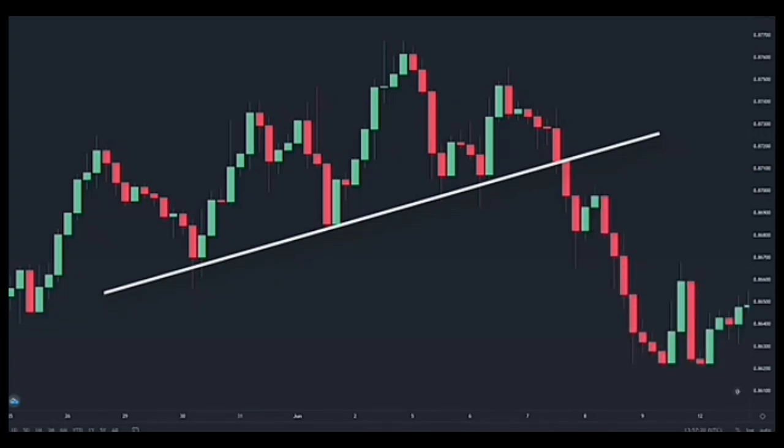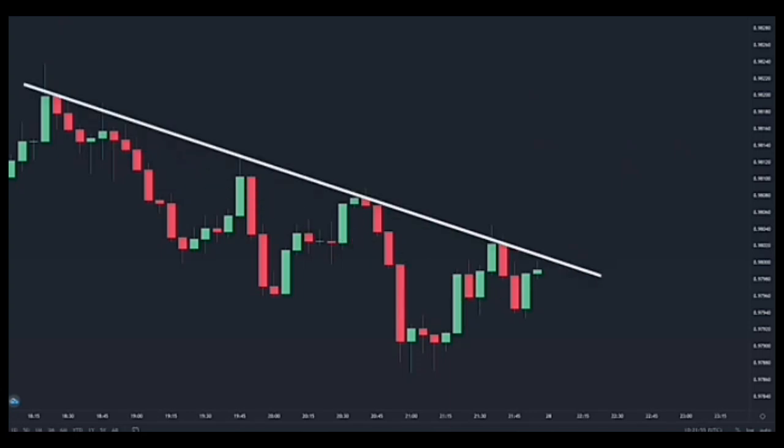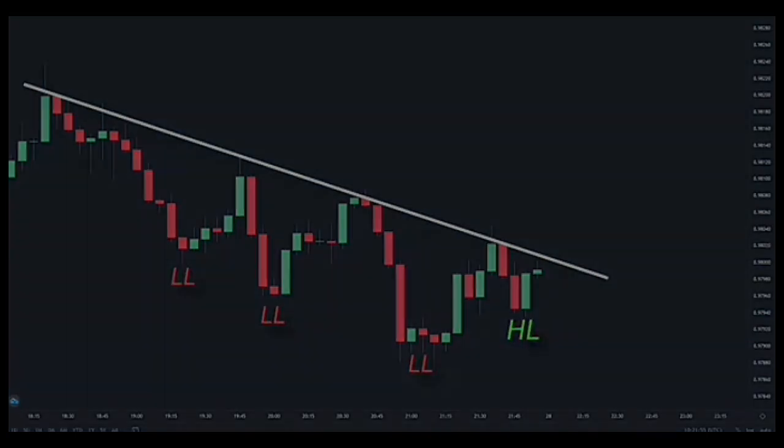Let's look at another example. Here, we spotted a downtrend, and so we place our trend line above it. Now, notice that the price were making lower lows before suddenly it made a higher low instead, indicating that a downwards trend was losing